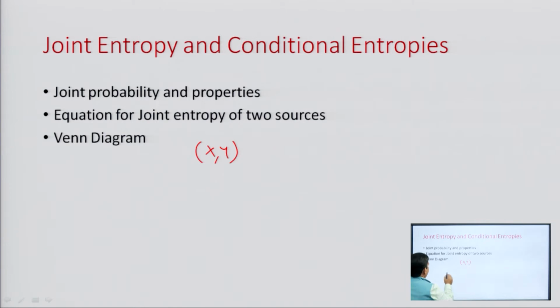Then its joint probability, that is p(xj, yk). If the probability of the joint source is known, then its entropy H(X,Y)